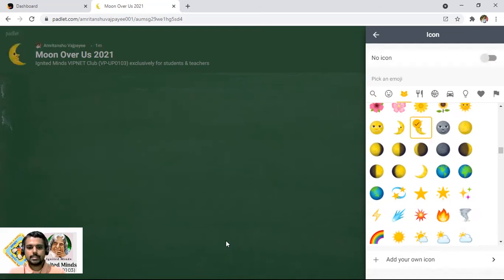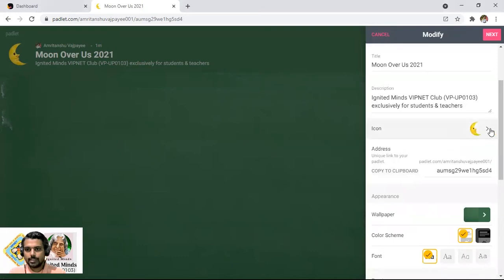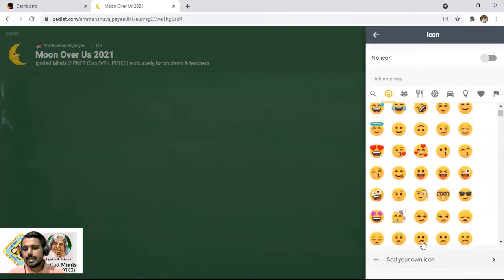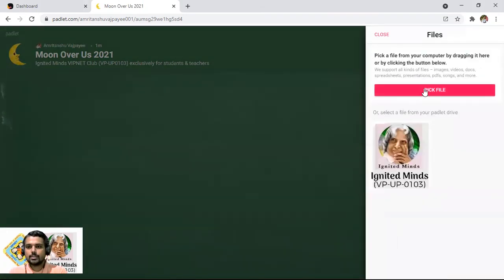So what I have done is, as I have selected an icon, towards the left you can see an icon that has appeared. Now, if I am still not going for the icon, let me just go to this icon, and I can add even my own icon as well. So clicking on it, let me upload something which is present on my system.